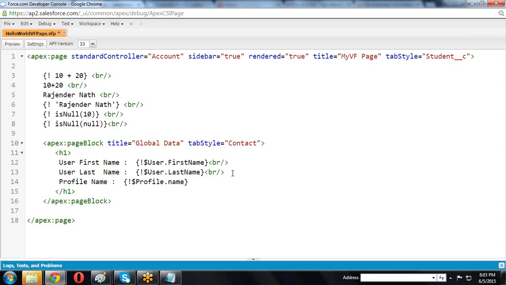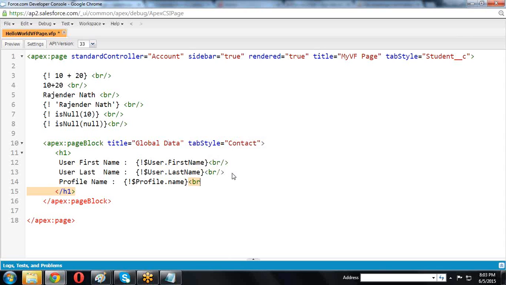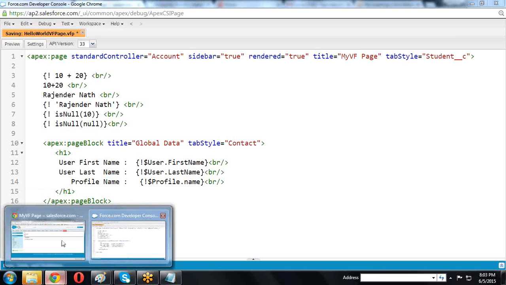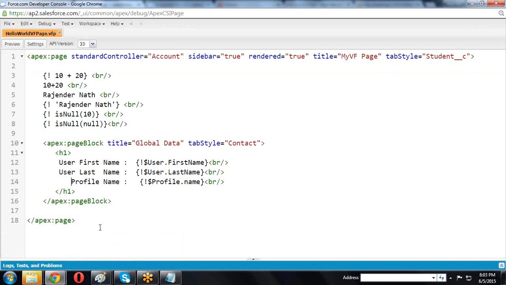We are getting the profile name. User first name Rajendra. User last name M. User profile name. Profile name is system administrator. Like this.